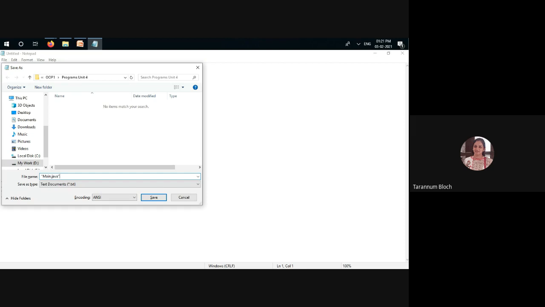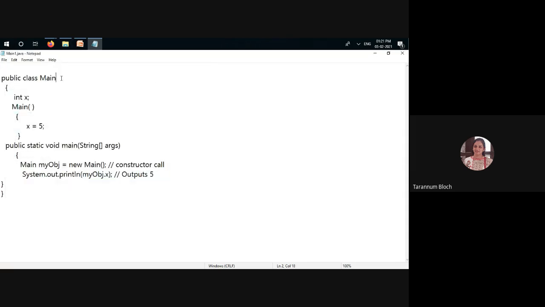Now, the major question comes: why do we have this? Because whenever we declare any variable, we know that memory will be allocated.